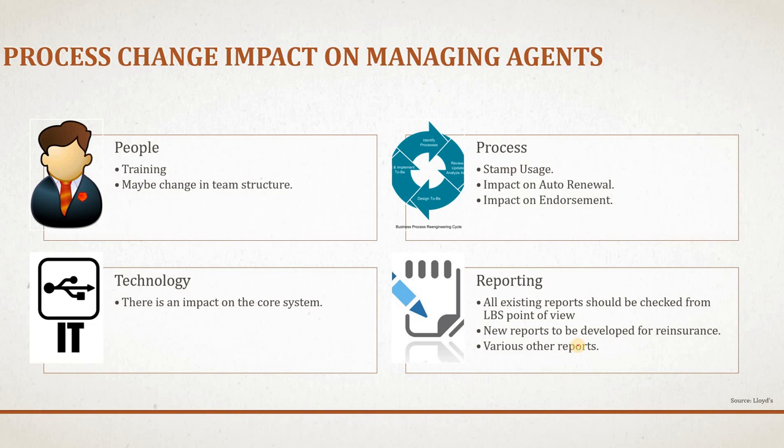There is an impact on endorsements as well. Endorsements will also follow the same process. You have to see whether the endorsement carries EEA risk or non-EEA risk, or EU risk or non-EU risk. So we have to check all those things. Technology change will be determined by the specific solution the managing agent adopts. For example, if the managing agent is using a solution like Zuber, Navigator or Subscribe, then they have to see how it is going to issue not the policy but the reinsurance contract, as I explained earlier.